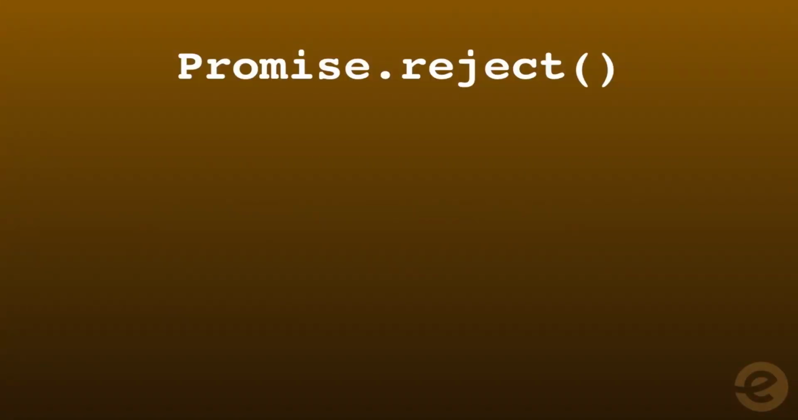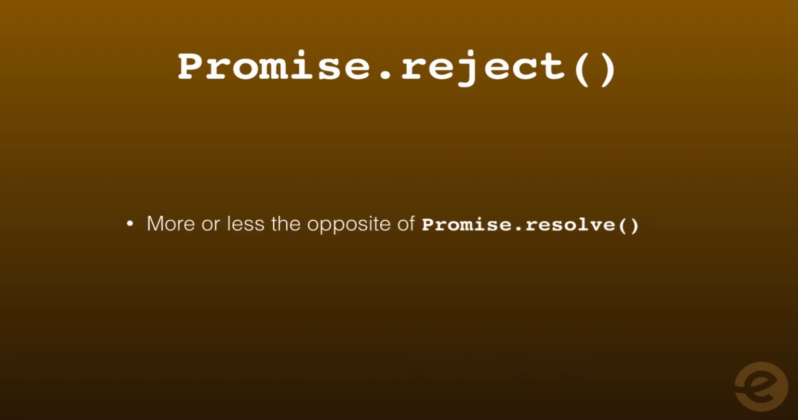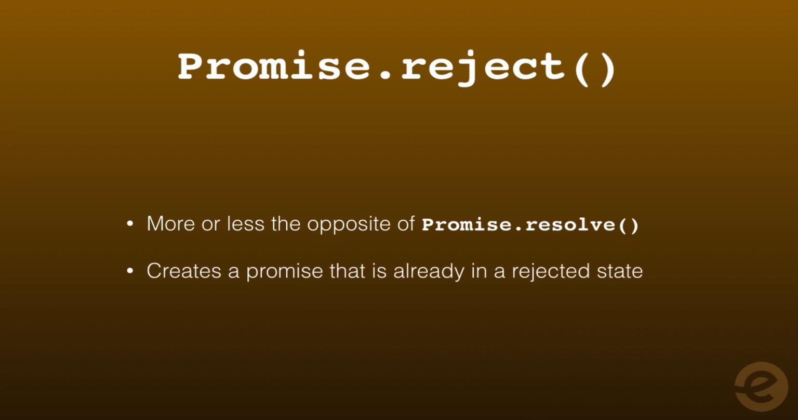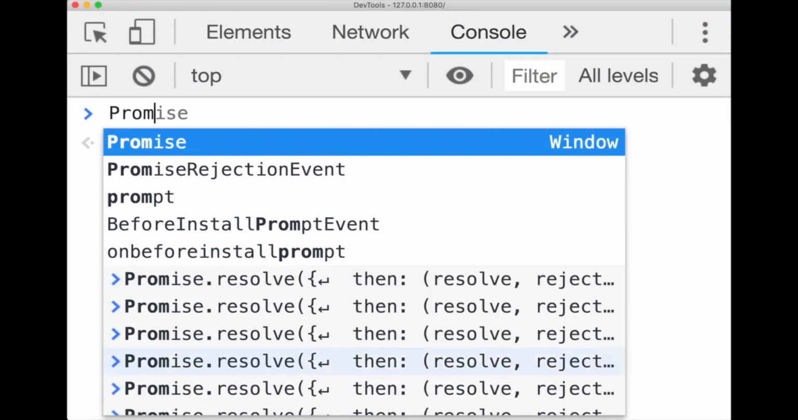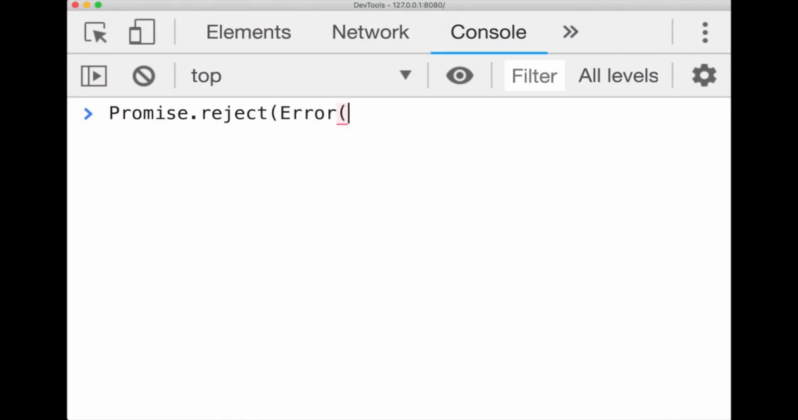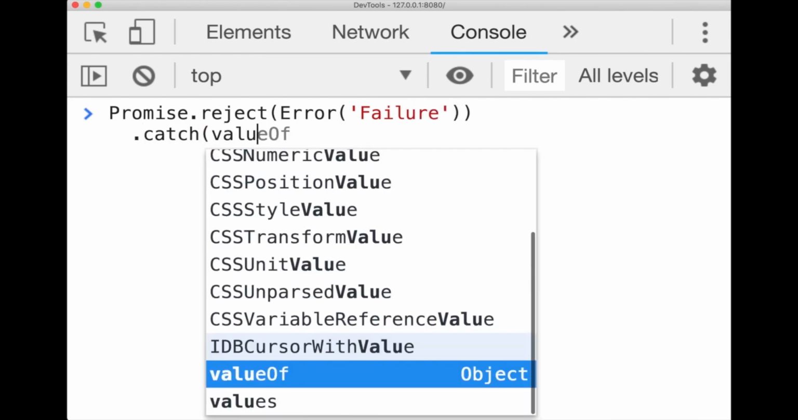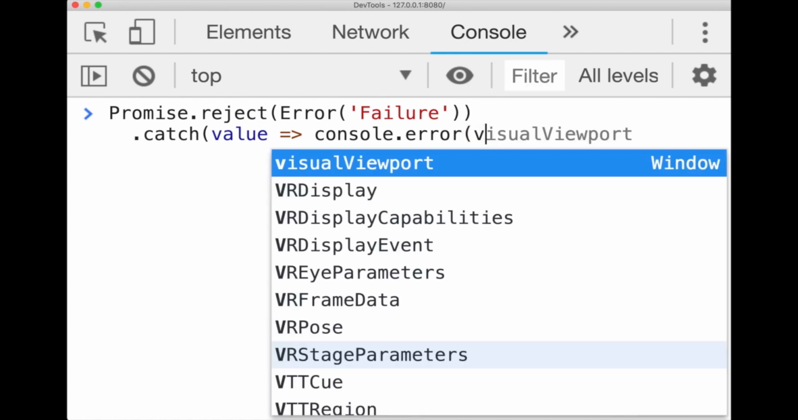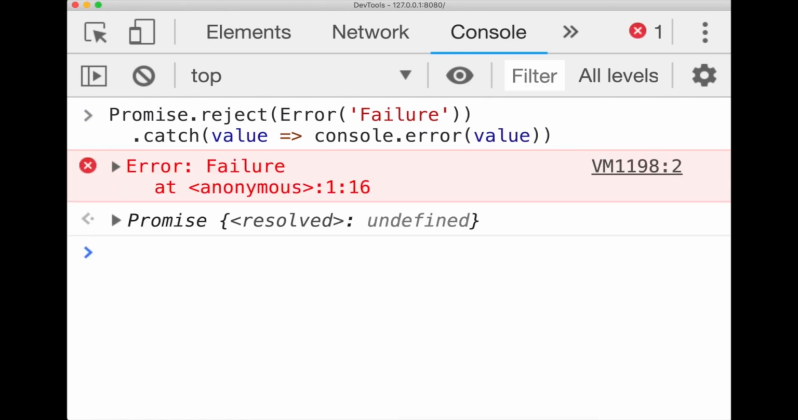So, to create a promise in an already resolved state, or evaluate a promise-like thenable object, you can use the Promise.resolve function. In order to create a promise that is already in a rejected state, use the Promise.reject function. The syntax is almost identical. Here's an example of Promise.reject. Which is identical to